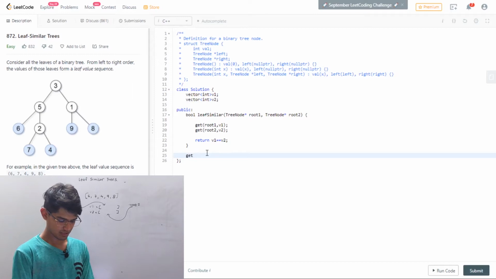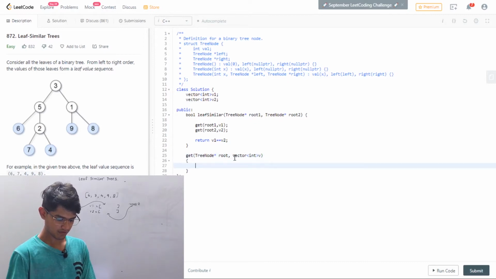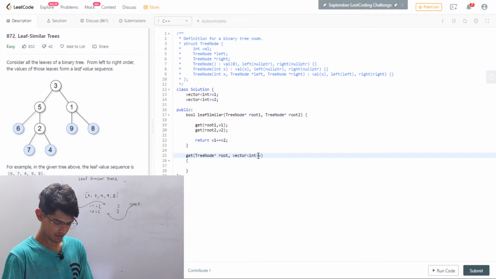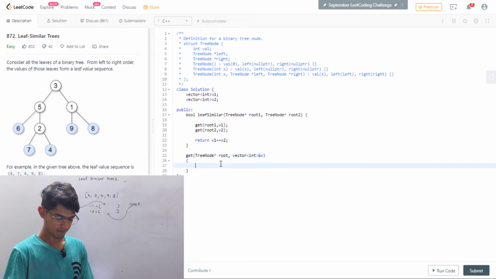Now we'll be making our function. We'll call that function get, and we'll be passing two parameters. First is the tree node, which we'll call root, and we'll be passing our vector, and here we need to make sure that we are passing it by reference, because we need to update our vector every time.